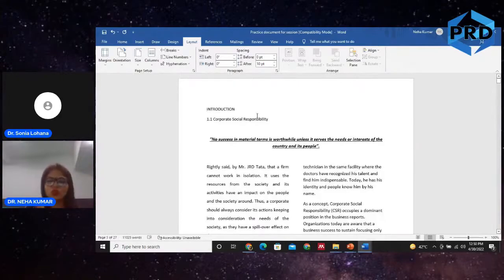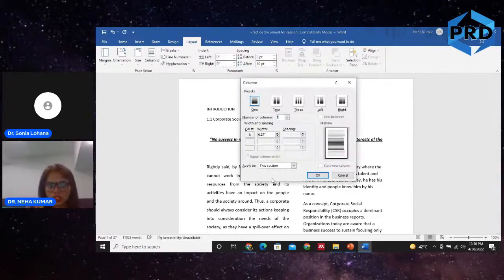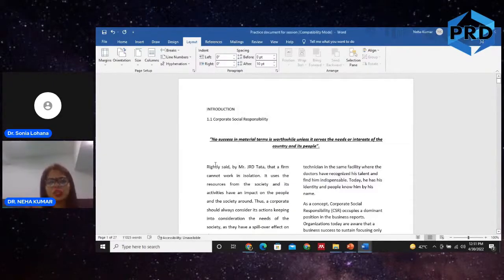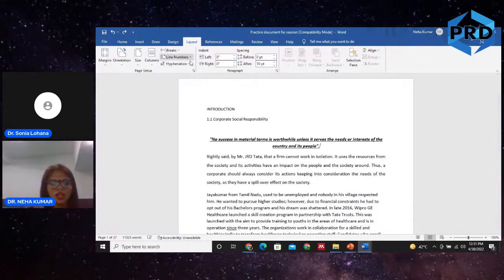If the journal requires you to write your paper in columns, please use this command. This is through layout, columns, more columns. You can see here as well, if I use this point forward, you have a sample preview here. So that will help you understand how the command proceeds. Next I have is